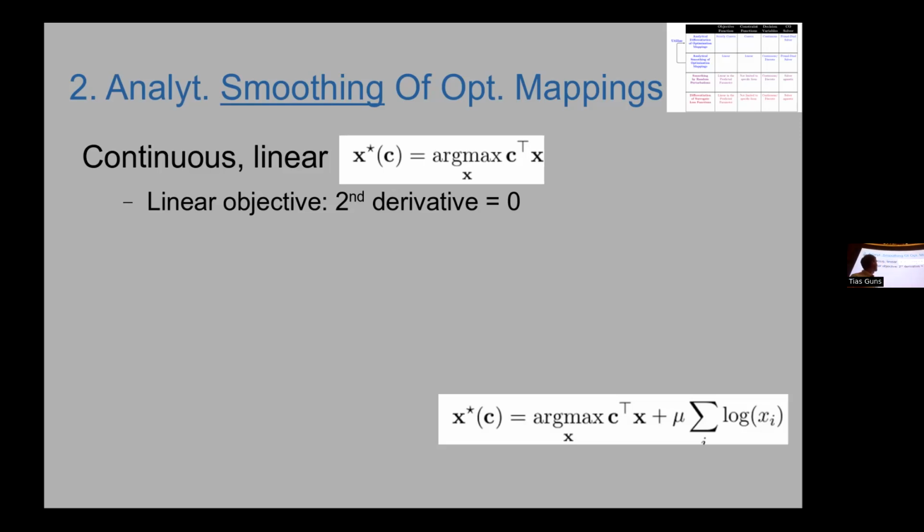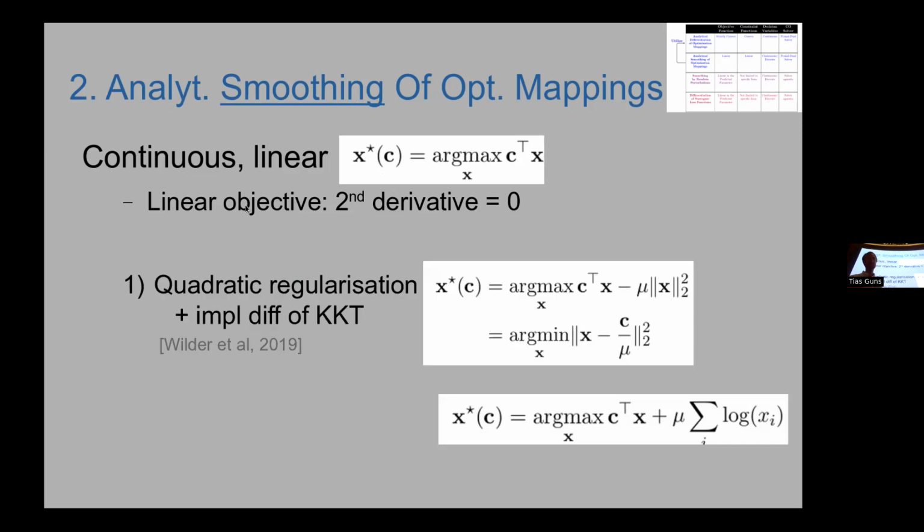So what if it's continuous, but the objective function is linear? So it's constrained, but the objective function is linear. Then, because its objective is linear, the second derivative has a value of 0. So then we divide by 0. Not a good idea. So one proposal, a nice proposal by Wilder et al., was, let's actually do a regularization. Let's add a quadratic regularizer. And then if we add this, for example, the L2 norm over the decision variables with some scaling factor, then